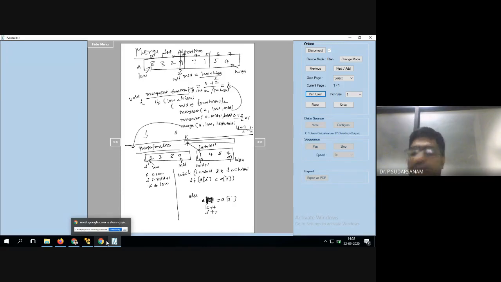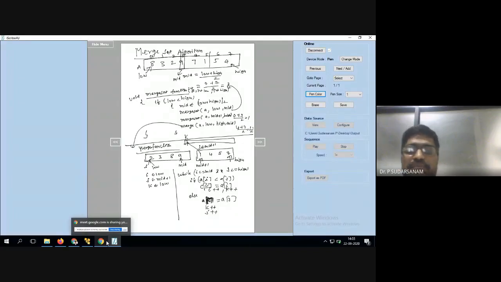Now once you increment j, the value there is 4. Within the while loop, 2 is less than 4? Yes. Now the first part is to be copied. That means C of k is equal to A of i, then i plus plus, k plus plus.